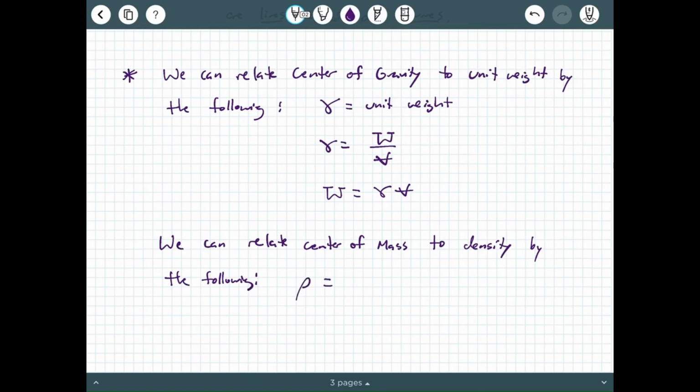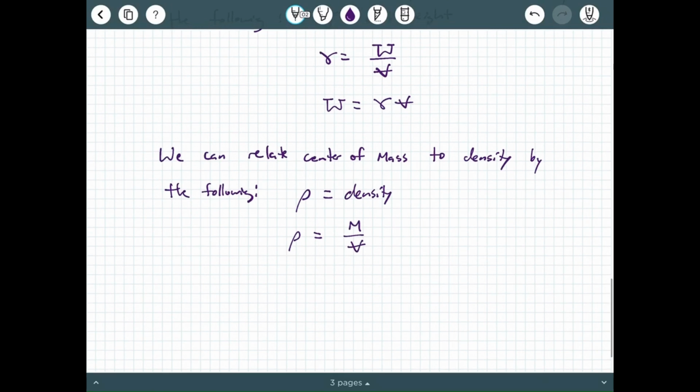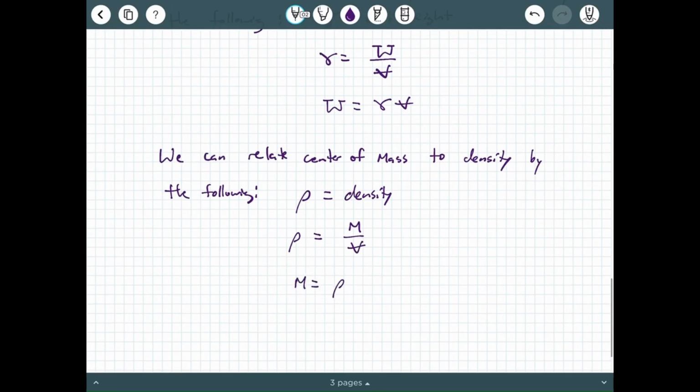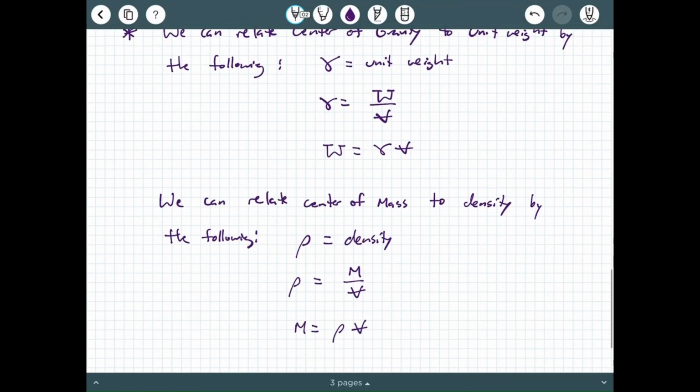We use lowercase rho for density, and we should remember that rho is equal to mass divided by volume. And then, of course, mass is equal to rho times volume. So if you remember, hopefully from a previous course, unit weight is kind of like density, except it's weight over volume, whereas density is mass over volume. Okay, and again, these are all extended into 3 dimensions. All right, so that's the background information, and in the coming